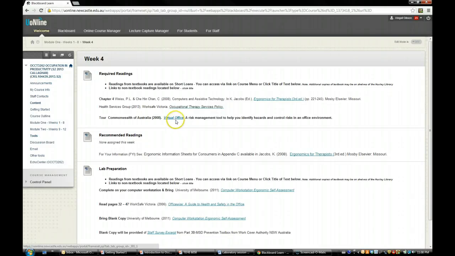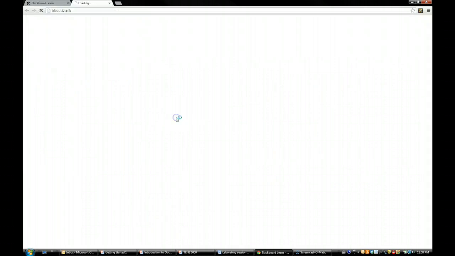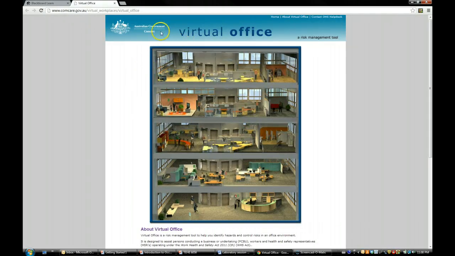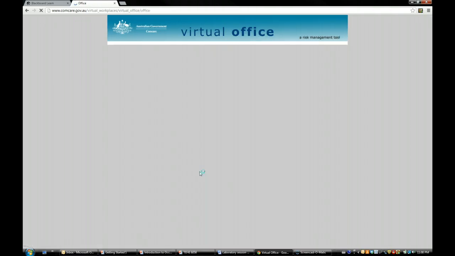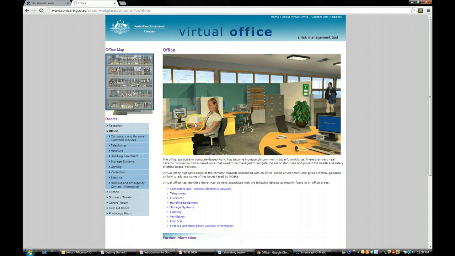Another resource that we've embedded into the students' website is the virtual office. Now, this is a resource that's been produced by Comcare, which is an Australian government website. So it's available for anyone to look at. So it's a terrific website because the students can click on, for example, an office environment, and they can look